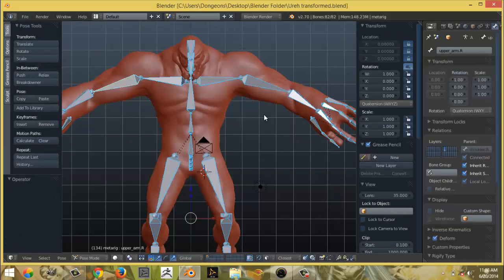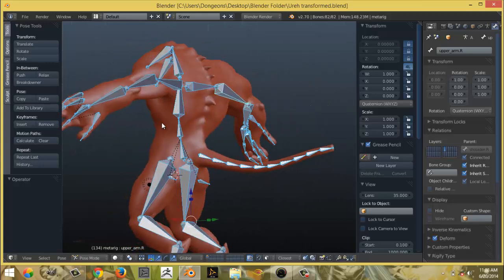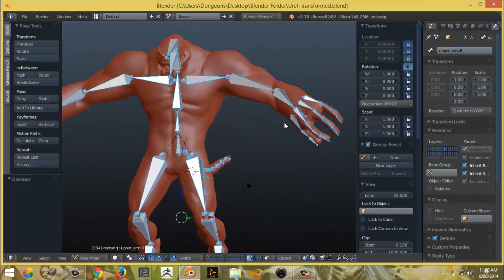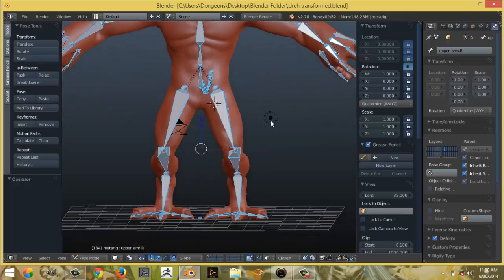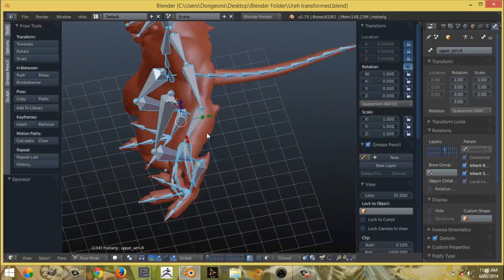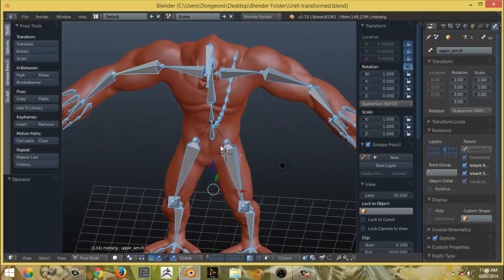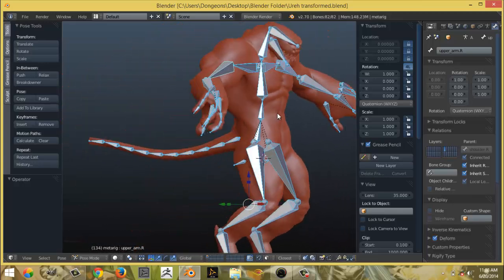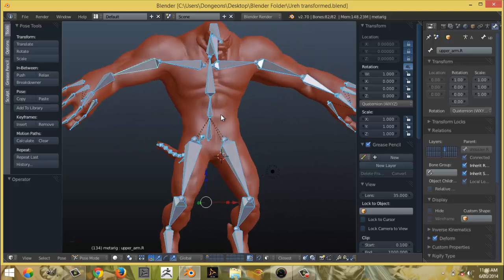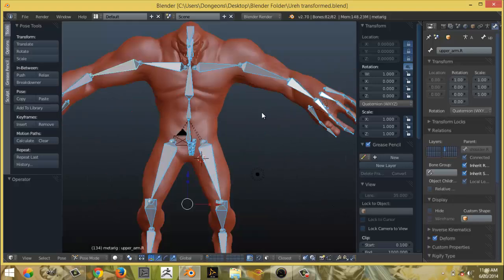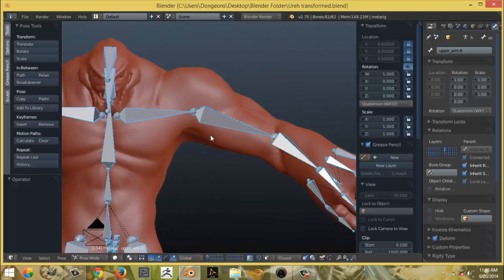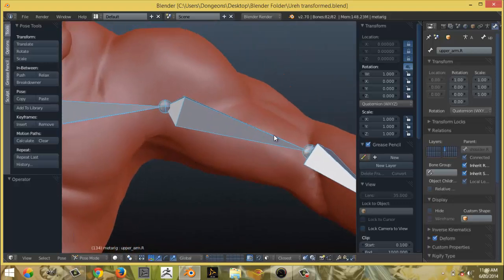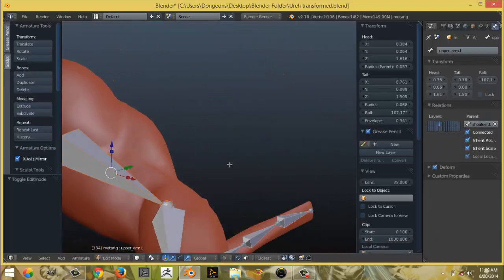So first, if you want to do this on the character, you should already have your rig set up. I don't have IK constraints on here yet, but I will put them on there shortly. This is a fairly new rig. I actually just made it yesterday. So yeah, let's get going. You don't have to have the same exact character. You can use your own character. Doesn't matter. But first, what you want to do is tab into edit mode,